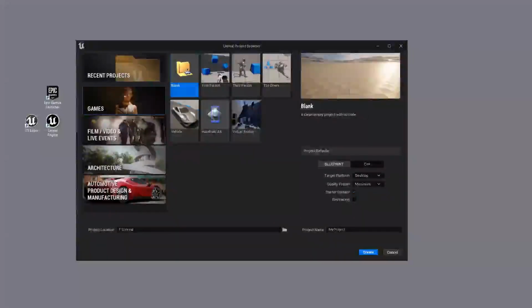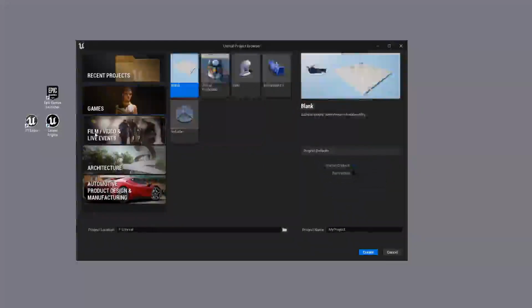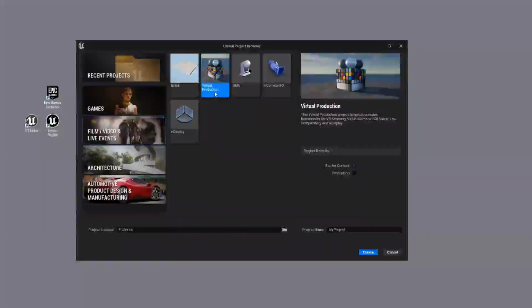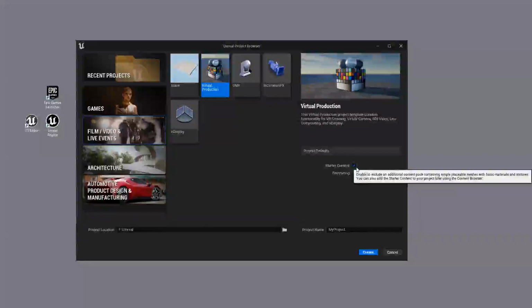default games. So I typically go through the third person or one of these three right here, but do recognize that there's also film and video as well as live events, which can come shipped with some things that you might need, but sometimes it's just a little bit extra. So I'll just use this one just so that we can see it. And then you can see over here that you are going to be using the starter content. So sometimes if you know you need that, it is important to keep that. But if you know you don't need it, I would suggest unchecking this just because it can bog down the